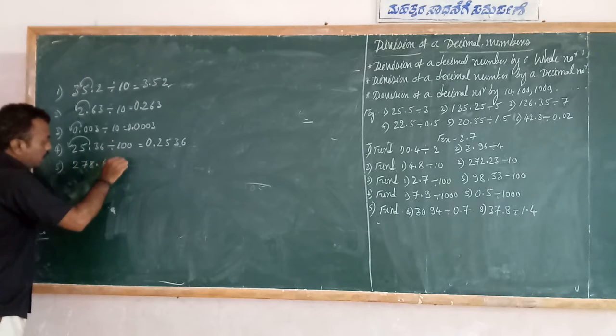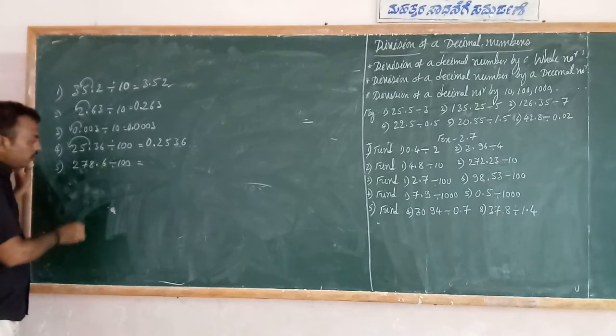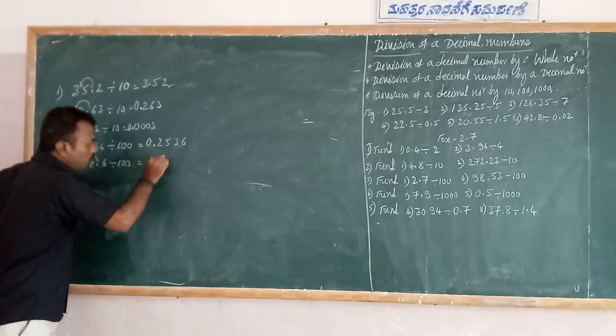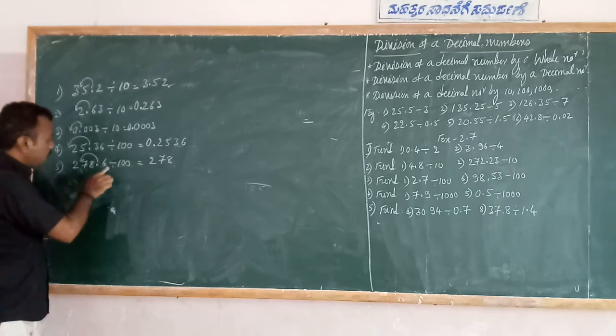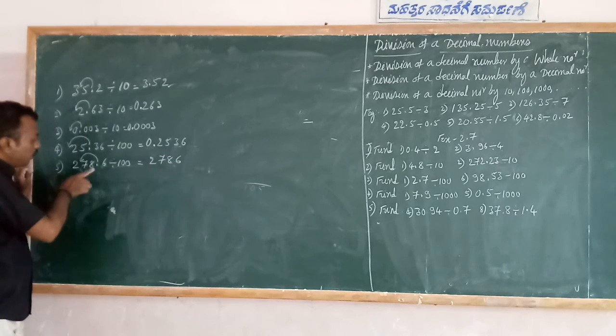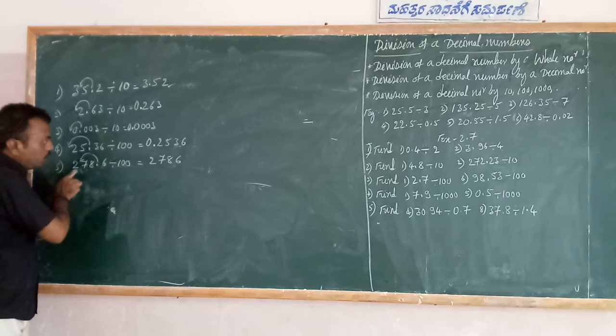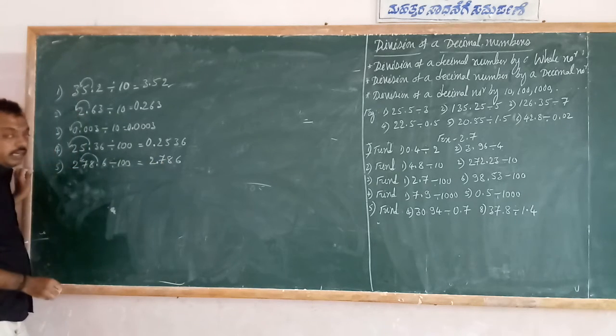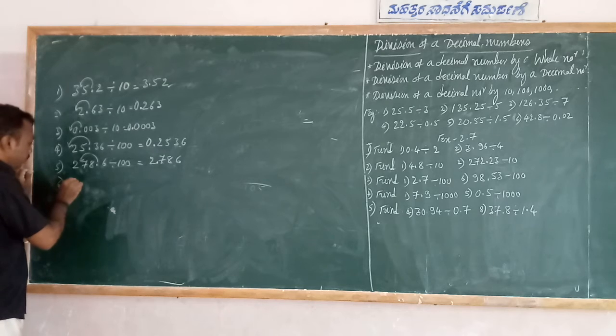278.6 divided by 100. So very simple students, the point is shifted 2 digits. Therefore first you have to write 278 and 6 as it is right now. The point comes in between 2 and 7. Where is it, in 2 and 7? Here. So therefore the answer becomes 2.786. So next one,